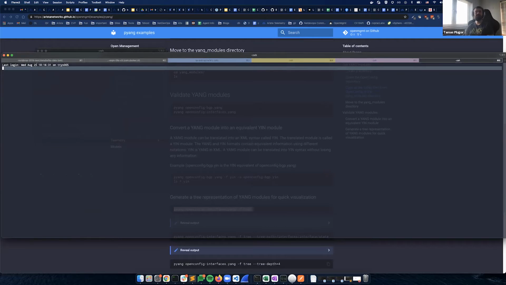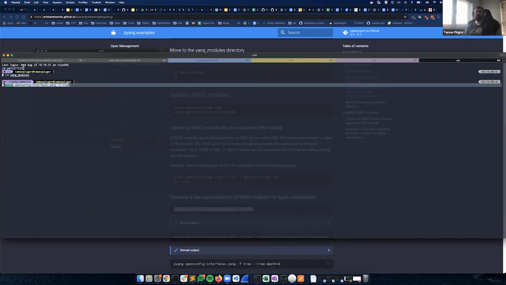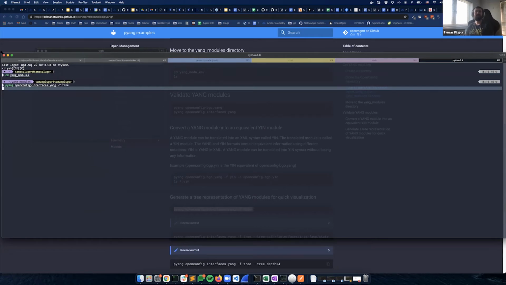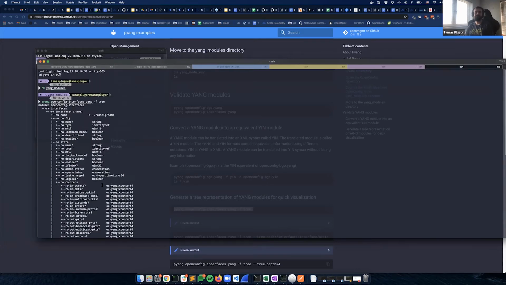All right, it does. So let me just go to the Yang models. And that should print the tree for the OpenConfig interfaces, just as you saw in Dan's slides earlier. And what is cool about it, it not only prints you all the containers and leaves, but it also tells you which keys are what type as well. So for example, the interface name is a string, or loopback mode is a Boolean, or description is a string as well,